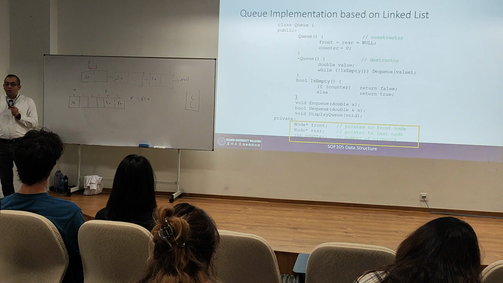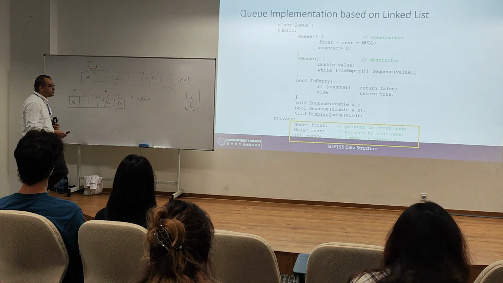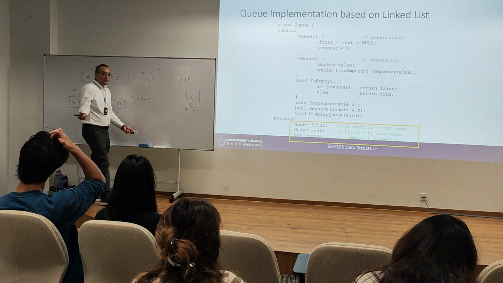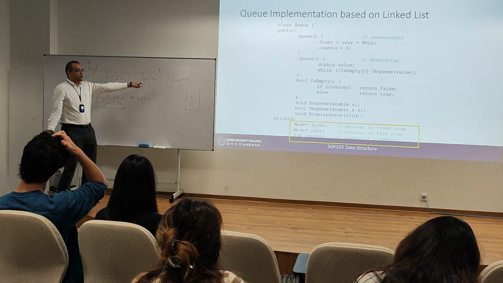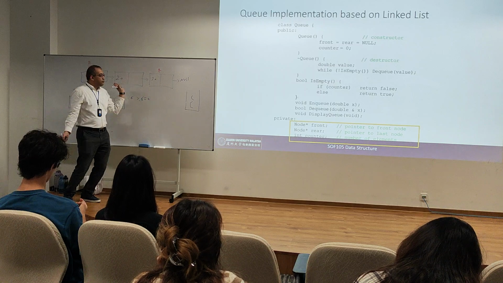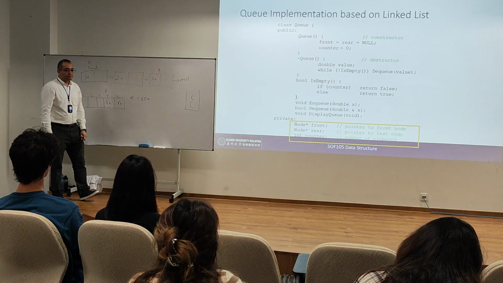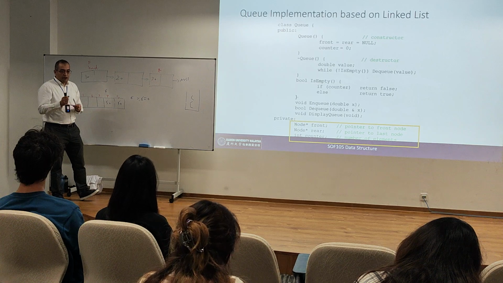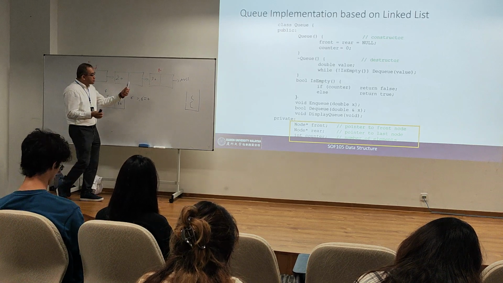Big O of n. But if I have a pointer all the time pointing at the end of the linked list, what can I do? Rear next equal to what? New node, and I move the rear one position to the end. Make sense? I repeat, if I want to insert now